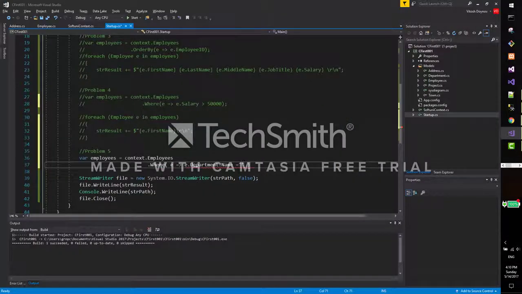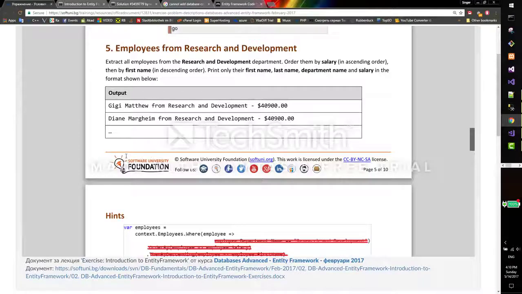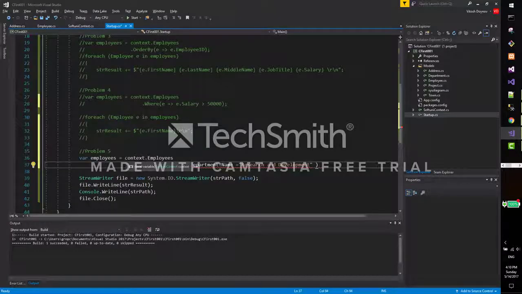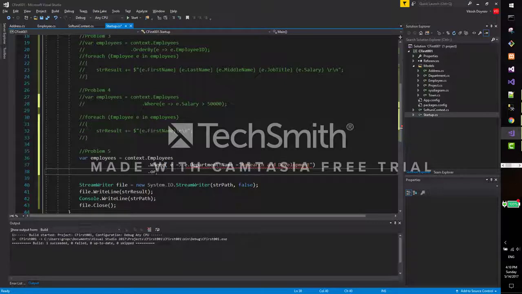Yes. Okay, we'll try to write this down. And Visual Studio is not happy because we are not comparing this way, we are comparing with two equal signs. So then order by